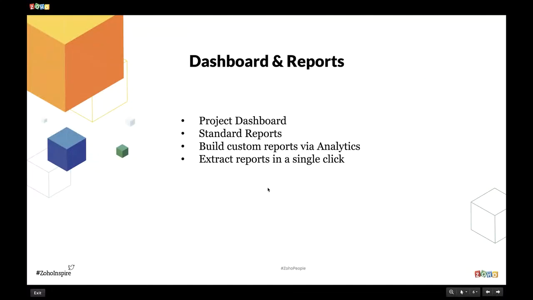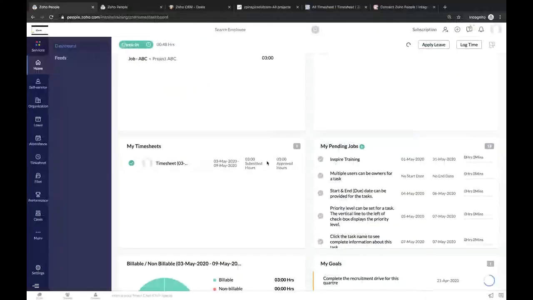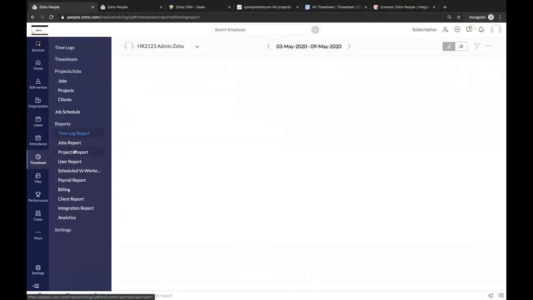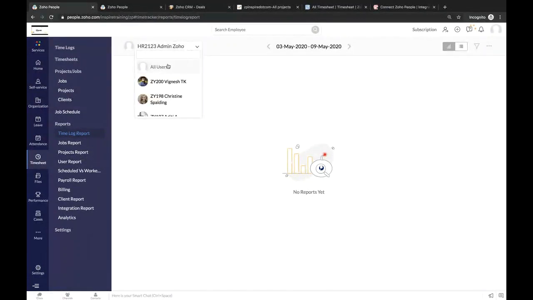So that's what it's going to be: project dashboard and standard reports, and build custom reports via analytics and extract reports in a single click. So far we have seen only the project dashboard, and now we will discuss reports as well. So if I go to timesheet, I have n number of reports available. As a project manager or from an administrative perspective, if you want to fetch the data to know how many hours employees have worked, I can go to time log,